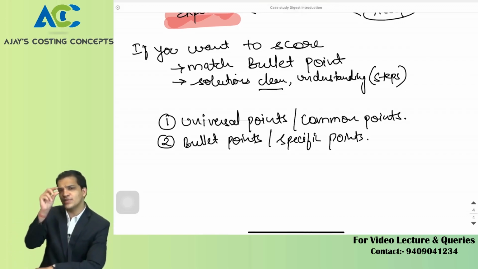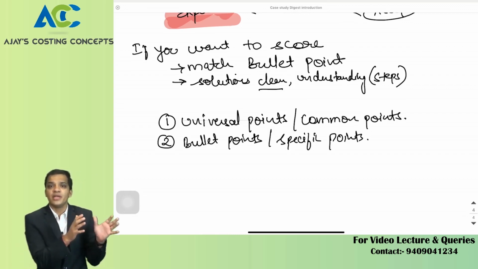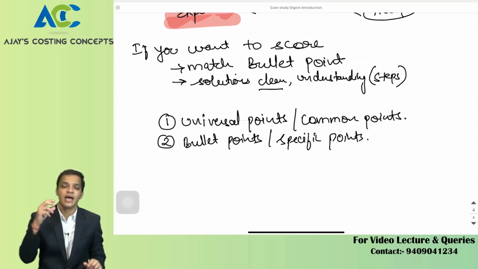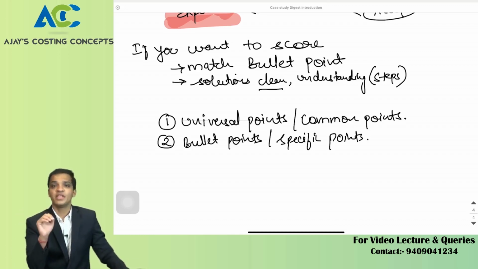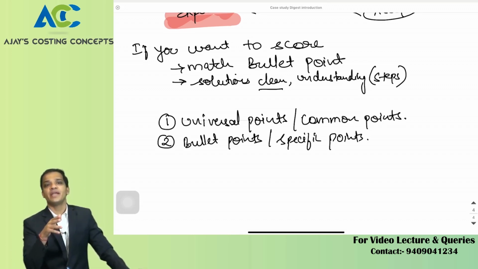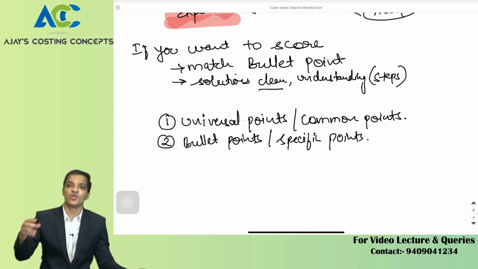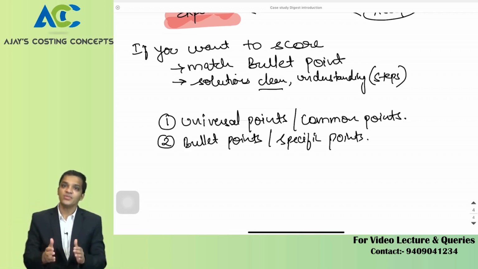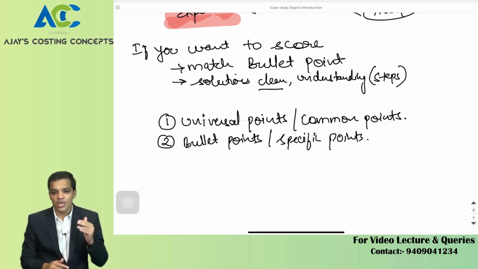I'll give you one small example before I proceed. In IPCC or the inter examination, they used to ask whether management should take this decision or not. So we used to write, yes, management should go with this, or yes, management should buy this, or no, as per the answer there is an extra cost, so management should not do this. But when it comes to questions of CA Final, SCMPE, case studies, case scenarios, the skill based questions,